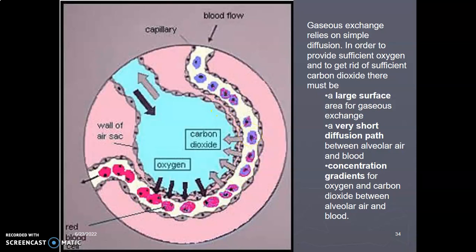It has a large surface area for diffusion. It's very thin with simple squamous epithelium, so short diffusion path, and there's a concentration gradient to allow diffusion. So the carbon dioxide in the capillary is higher than in the alveolar, so carbon dioxide goes in that direction, and the oxygen is more in the alveolar than in the capillary, so it will be reabsorbed into the capillary. So those are the three adaptations of a gaseous exchange surface: large surface area, the short diffusion path, and a